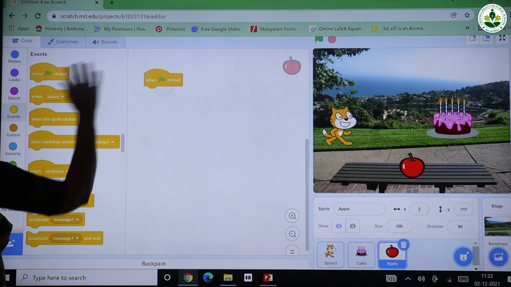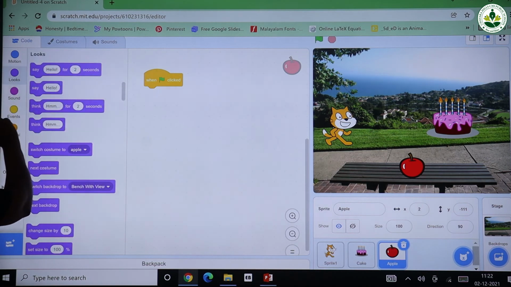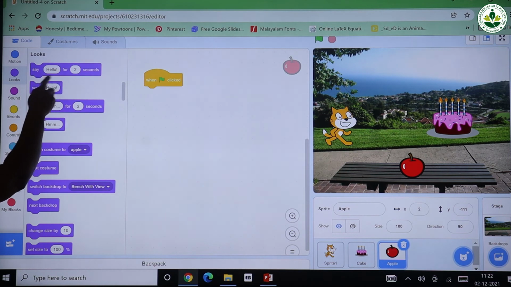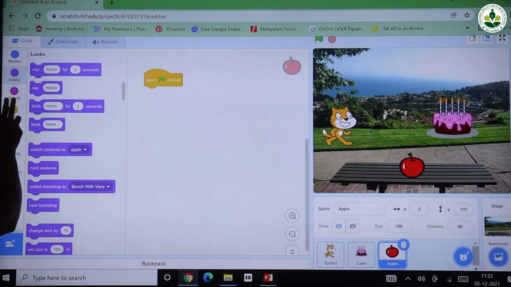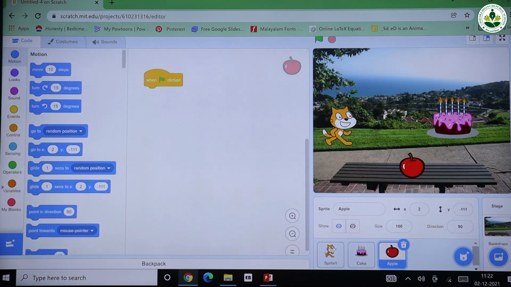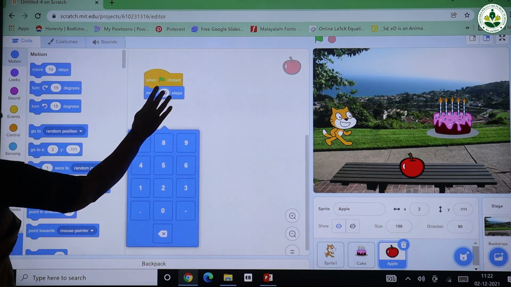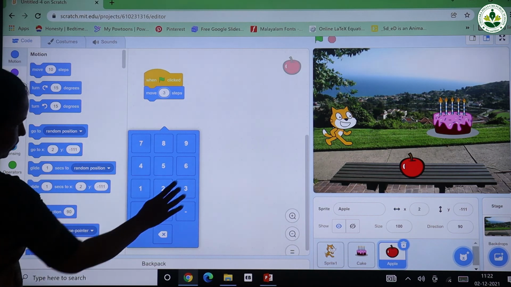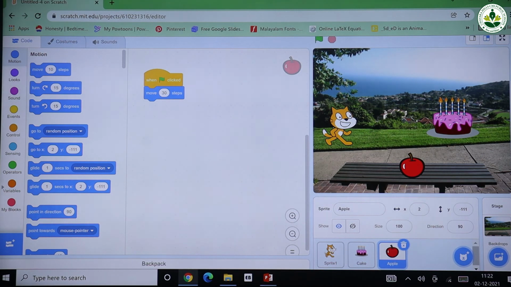Then to start a program, first click and drag. So when clicked, now I am using this option, when clicked. When I click, it should move. Next, if you need to say something, you can use this option, say hello, say, think, many options are there. Now I need to move, so I took this option, motion category. Then I am using this one, move steps. Now it is 10 steps; I want to change this to 30 steps.